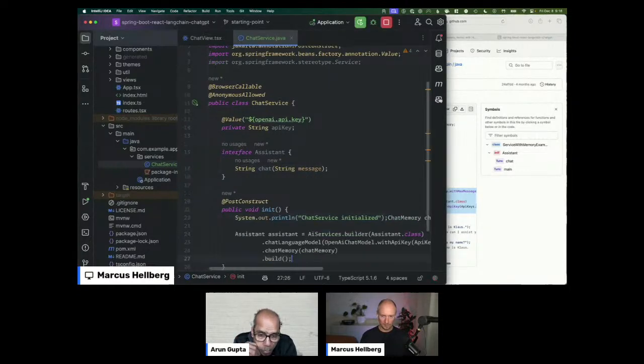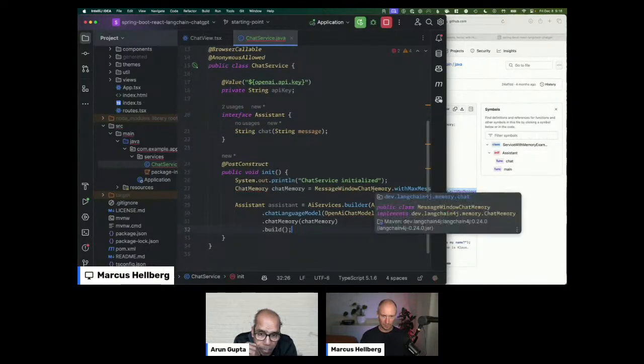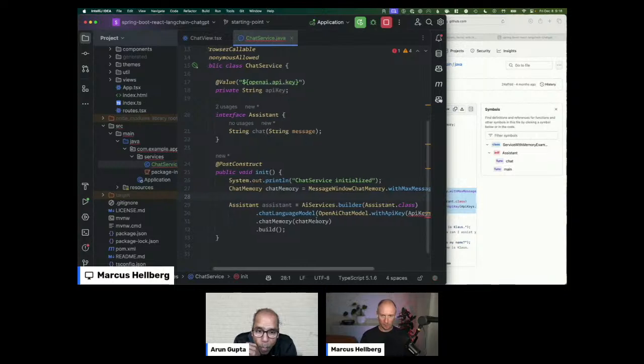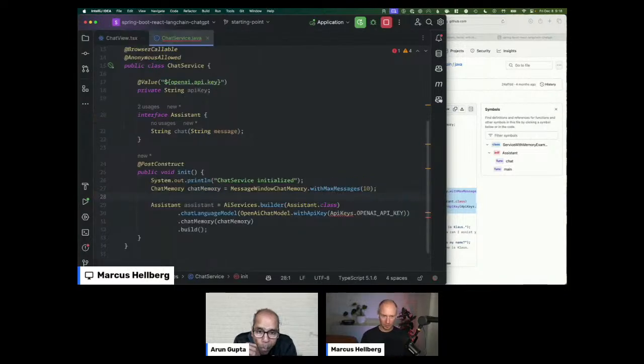Let me see what's happening here. Okay, so I'm going to hide the sidebar since we're working with very large font size, so that we can hopefully see. They were storing their API keys differently. We're going to just use the API key that we have here. So let's walk us essentially through this code.